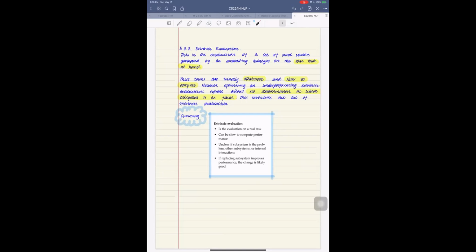It's usually elaborate and slow to compute, because you're doing that on a real task. The data set could be huge, so it could take some time here. So it's an evaluation on a real task. It can be slow to compute, and it's very unclear if the subsystem is the problem or